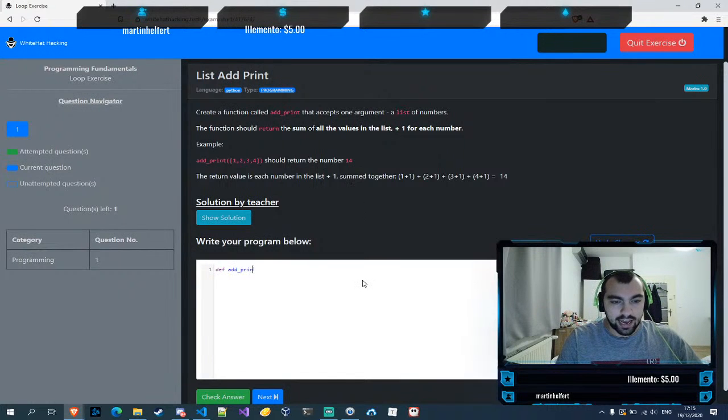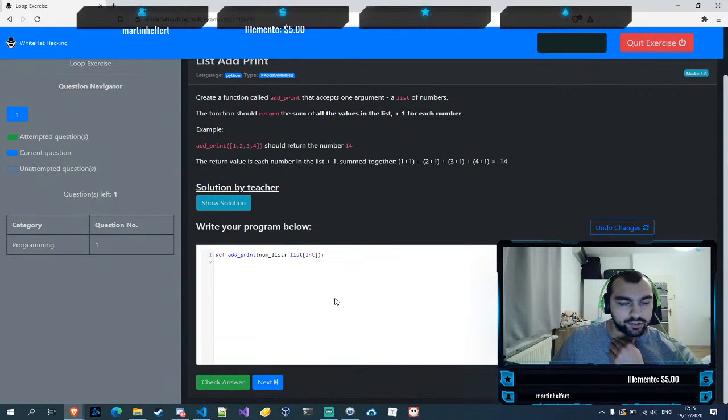But let's do this. So we need a function called addPrint, which is going to accept an argument, which is a list of numbers. So I'm just going to call it numList. And we can use what we learned from type hints by saying that this is a list, and it's a list of integers. Great. Actually, I'm not sure what Python version the server is running. Maybe there are some things that can't be used yet. We'll see. In any case, what we can have is the sum list as equal to some kind of list,